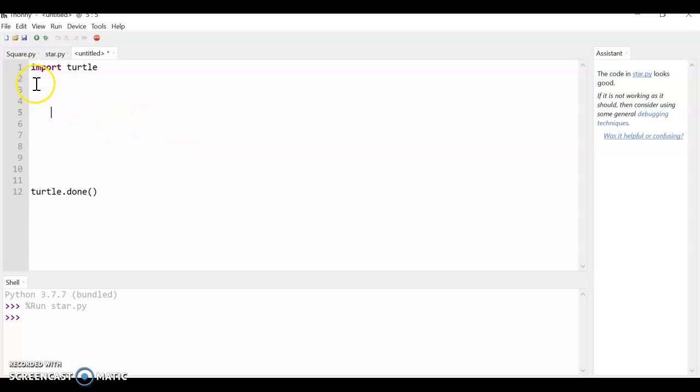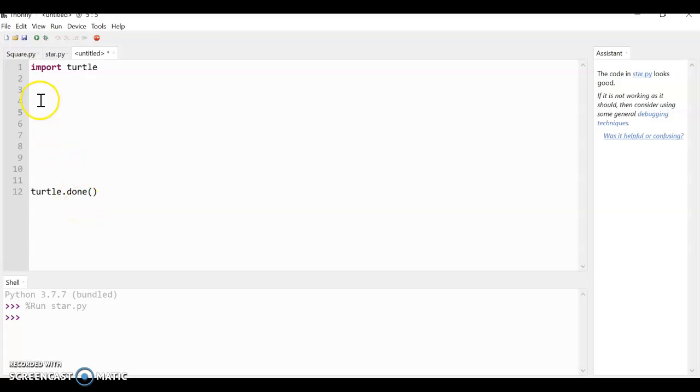First of all, we have to import turtle to specify that we are using the turtle module here. And at last we write turtle dot done, which means it's finished.